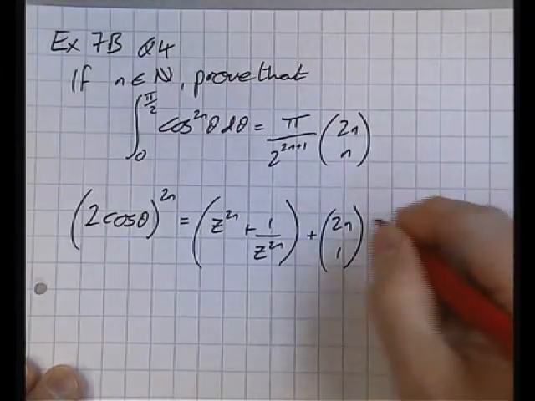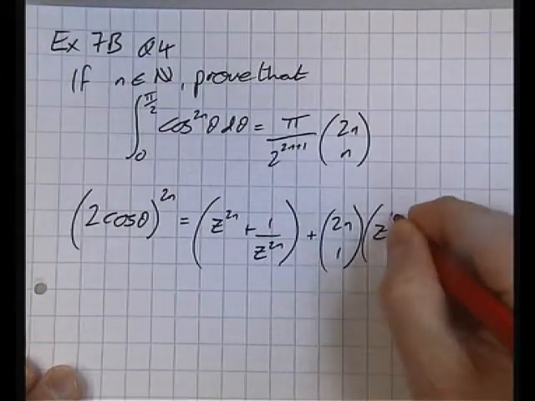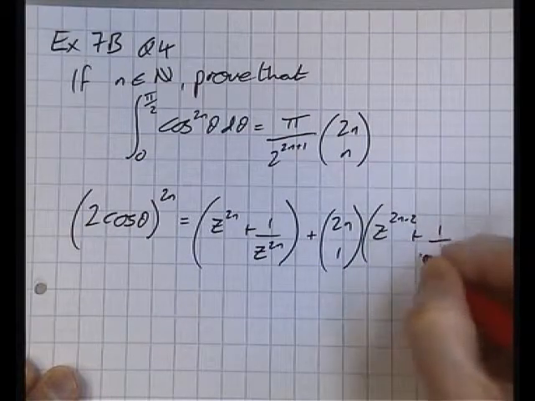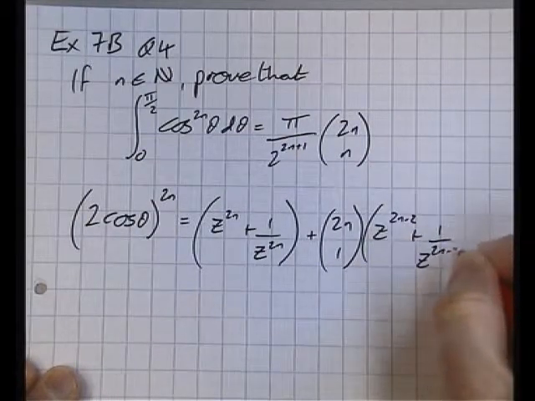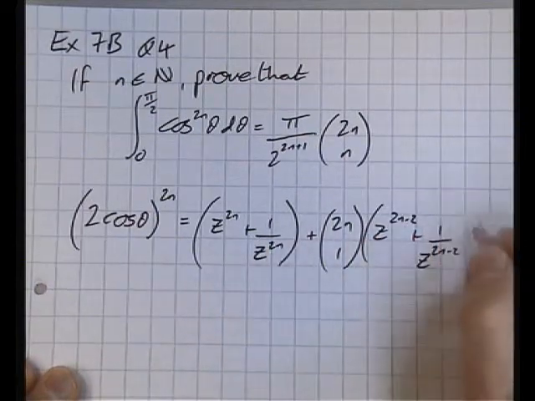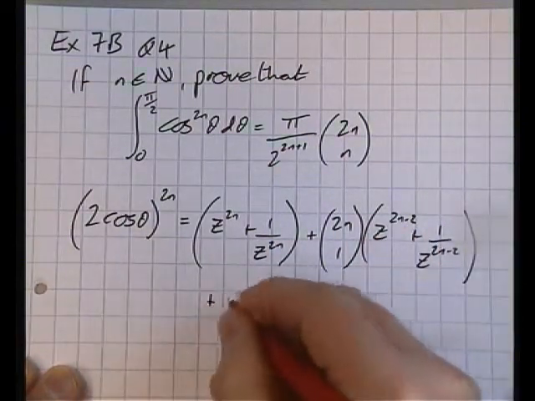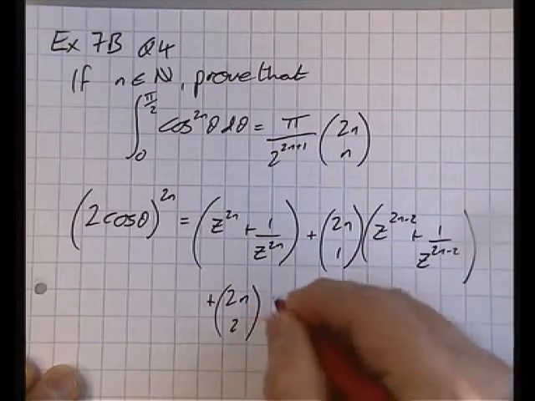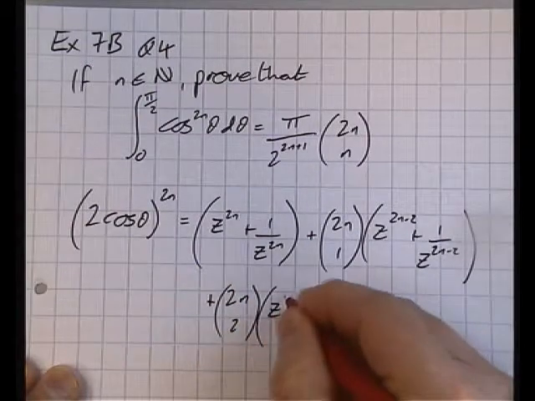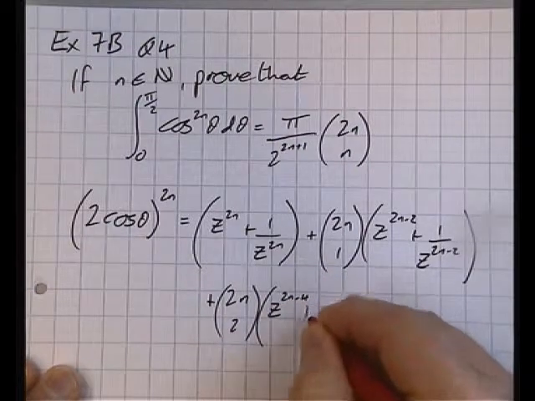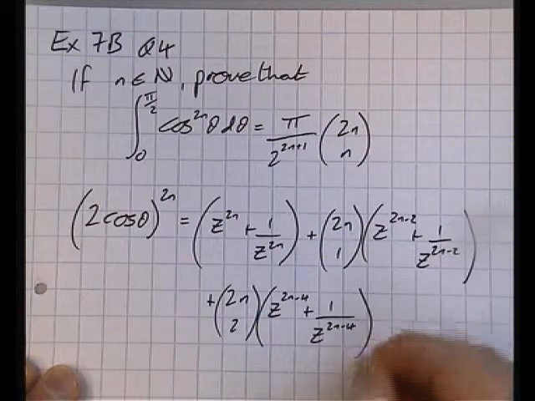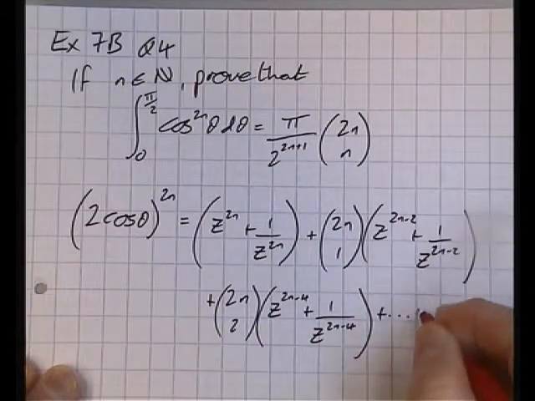2nC1 z to the 2n minus 2 plus 1 over z to the 2n minus 2, because remember the powers are going down 2 at a time here, plus, we'll do one more, 2nC2 z to the 2n minus 4 plus 1 over z to the 2n minus 4, plus, and so on, down